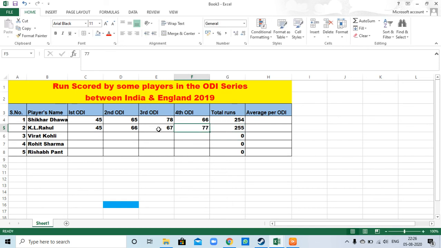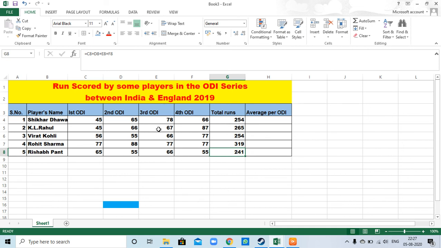Suppose I change the value here 77 to 87, so the total is changed. So this one is the table regarding the ODI series. It's the first method, by using cell reference.